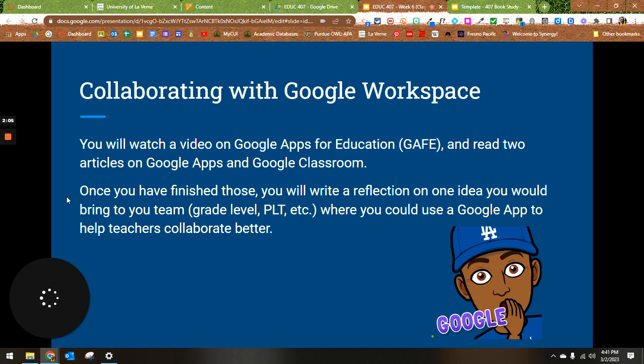And just after you look at that, and again, you're only scratching the surface. So if you want to see how they collaborate better, play with some stuff, see how that might work, because collaboration is going to be the key in education from now on. Okay, so it's no longer where you are just sitting in your classroom by yourself. It's your own kingdom. A lot of times we're all working together, and in some cases you will have a co-teacher where you have to collaborate because we have inclusion of special ed students and we have instructional assistants. So collaboration is really key.